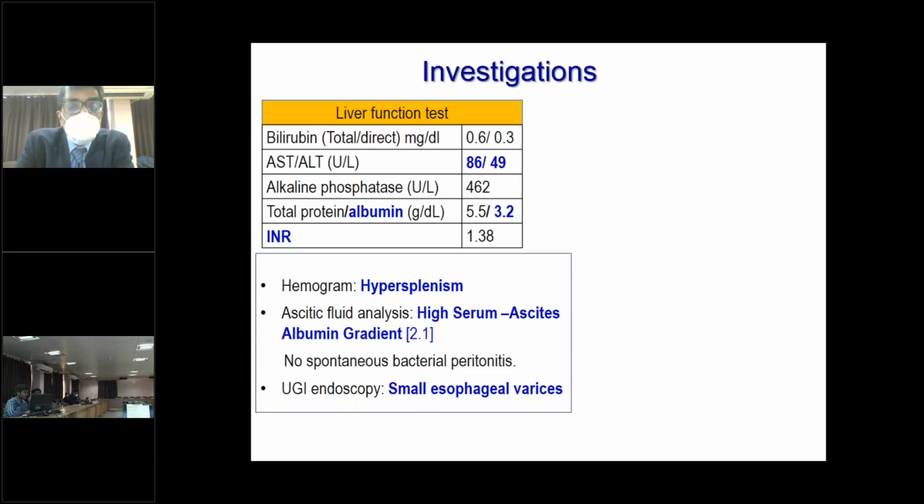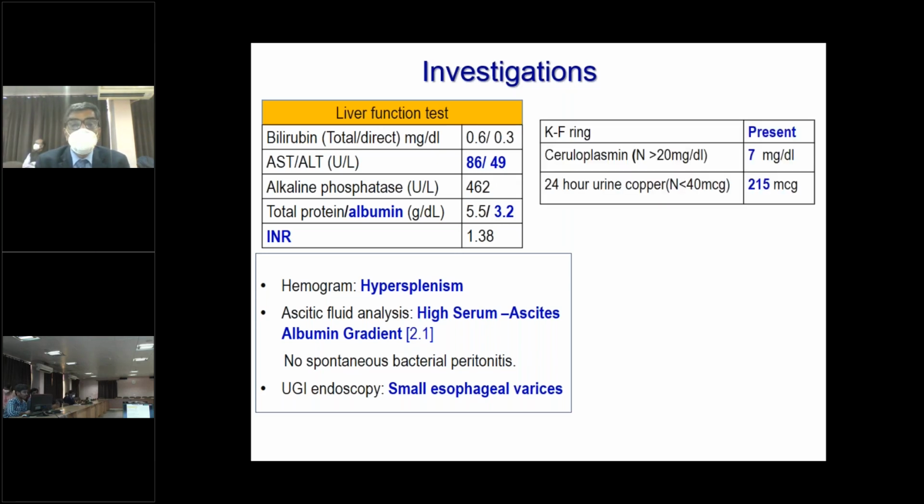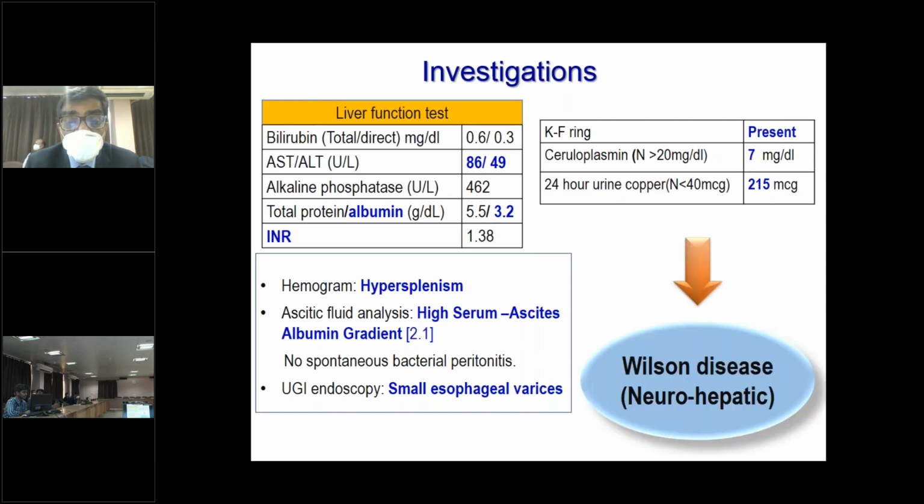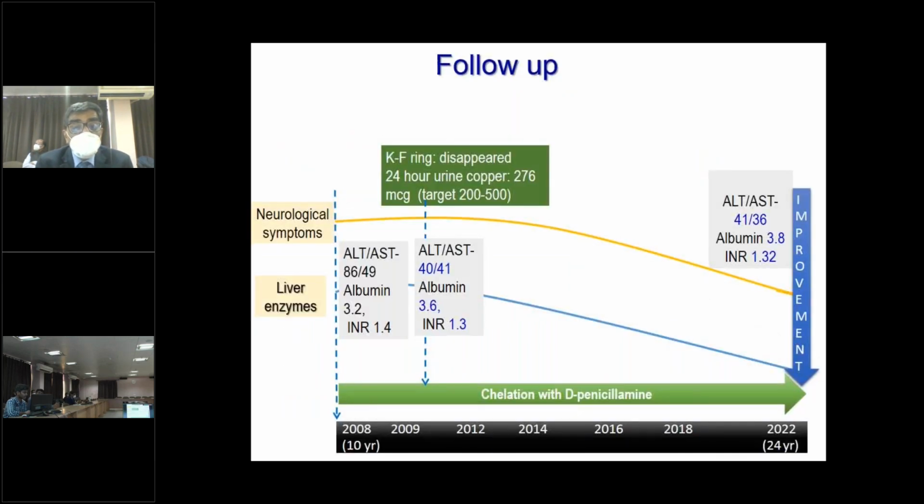On investigation, the child had deranged liver functions in the form of low serum albumin and elevated liver enzymes. The hemogram was suggestive of hypersplenism. Ascitic fluid analysis had shown a high serum ascites albumin gradient, which was suggestive of portal hypertension. Upper GI endoscopy had shown small esophageal varices. Further etiological workup had shown a Kayser-Fleischer ring on slit lamp examination, a low serum ceruloplasmin, and an elevated 24-hour urine copper. With this, a diagnosis of neurohepatic Wilson disease was made, and the child was started on chelation with